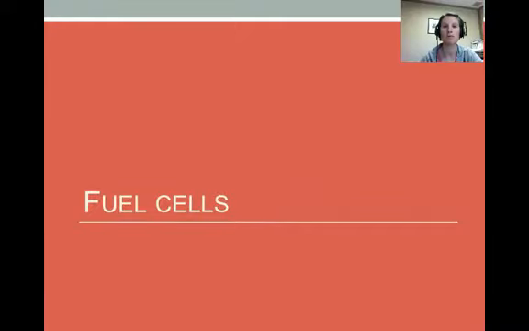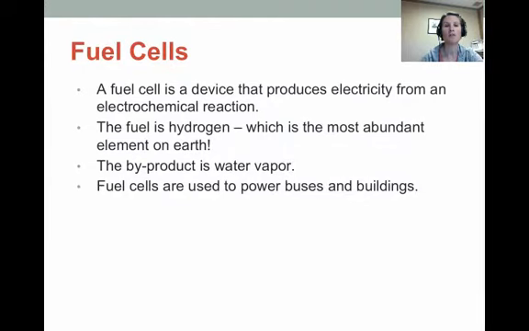All right, in this video we're going to discuss fuel cells and also biofuels. So let's start out with fuel cells here. Now, if you don't know what a fuel cell is, it's basically a device that produces electricity via an electrochemical reaction. In other words, a reaction where they are pulling electrons off of atoms and then getting those electrons to move around, and that gives you electricity. So the chemical part is interactions of atoms, and the electro part is the electrons, and so they're getting that